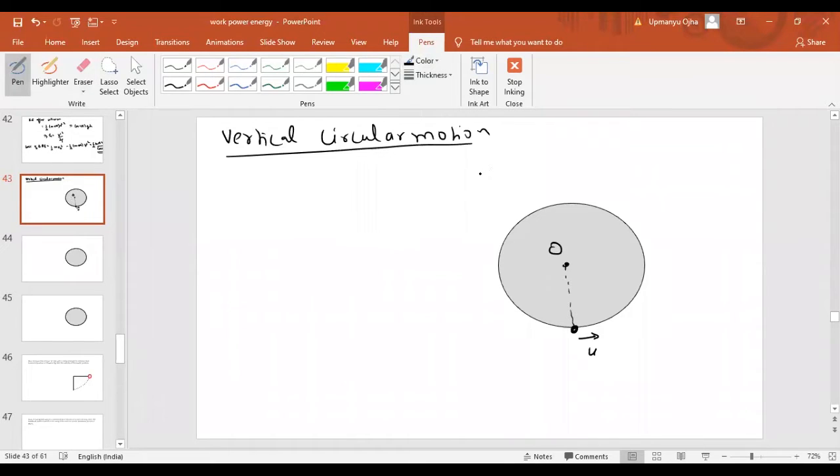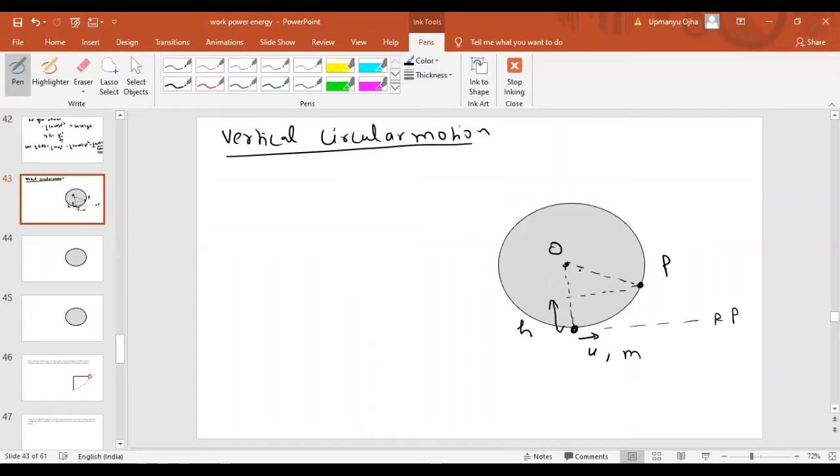Or if the velocity is less than that, then what will happen? Everything we will have to do that. Now let us suppose we have some body of mass m attached with the help of the string with the center O. We have given some velocity u. Because of that velocity, it gets displaced to some point P. If I take this initial position as the reference point, then from the reference point this mass has been displaced by a distance h.